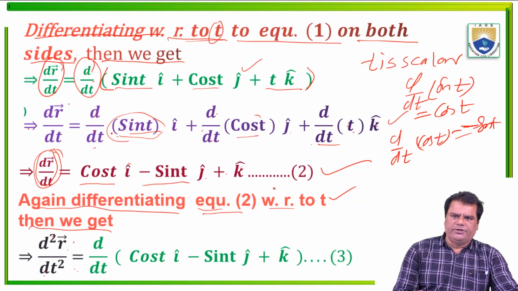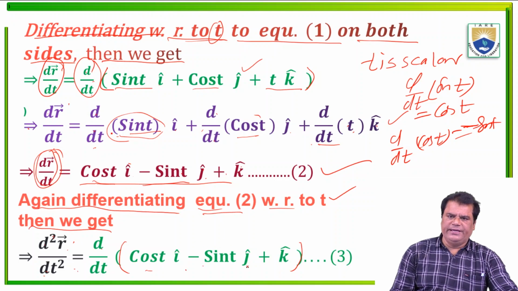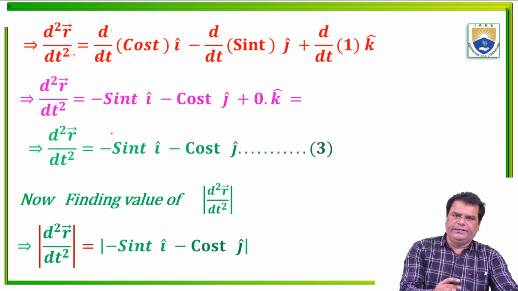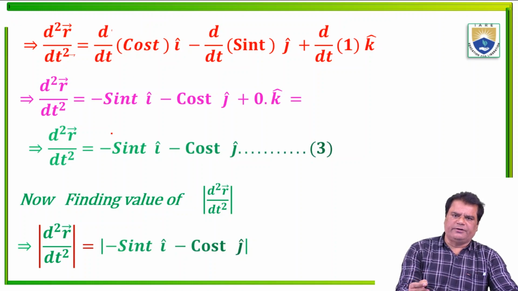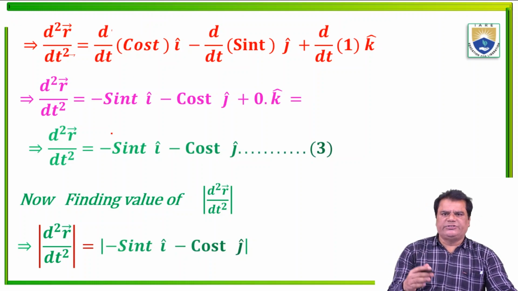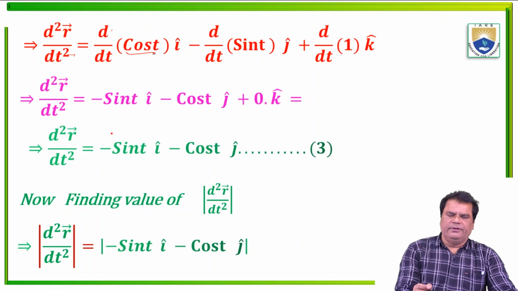So again differentiating equation 2 with respect to t, then d over dt, I am writing here this equation 2: cos t into i cap minus sin t into j cap plus k cap. So now d2 r vector over dt2, d over dt, differentiation with respect to t, taking inside the bracket with each function. When we differentiate a vector r with respect to t, we differentiate each term with respect to t. So d over dt of cos t, and minus d over dt of sin t, plus d over dt of